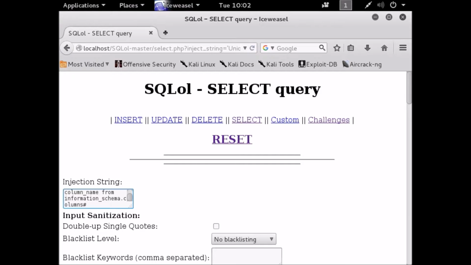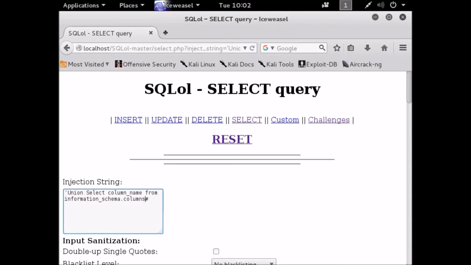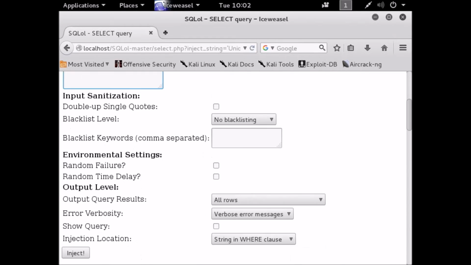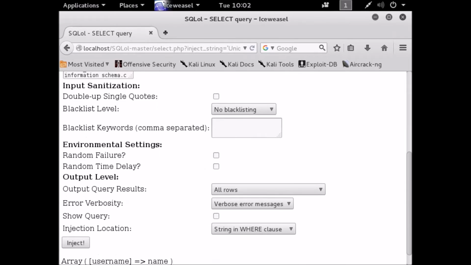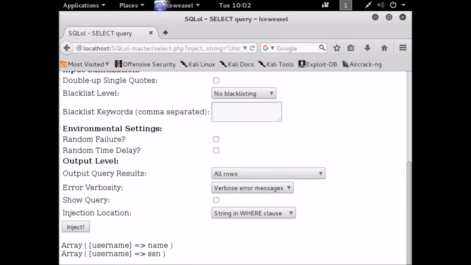Other than that, you also need to say where, well, we're only looking at one specific table, so we're searching where table_name equals SSN. Now let's inject that, and what we get is the names of the two columns that are in the table SSN. We have the name of the person and we have the SSN of the person.